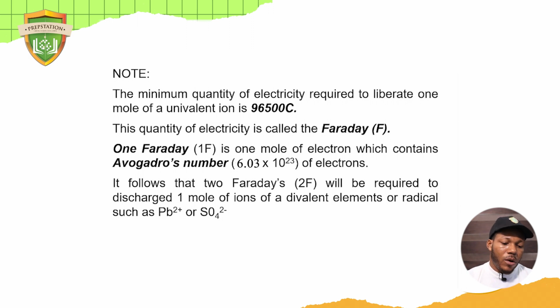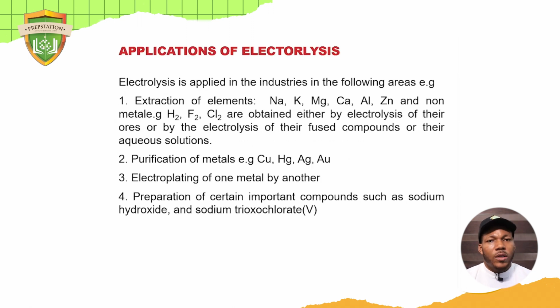So what are the applications of electrolysis? I'll give you just 4 here. 1, for the extraction of metals, which can be sodium, potassium, magnesium, calcium, following the electrolytic process. What happens at the cathode with their raw form is used to extract them. And then you can also